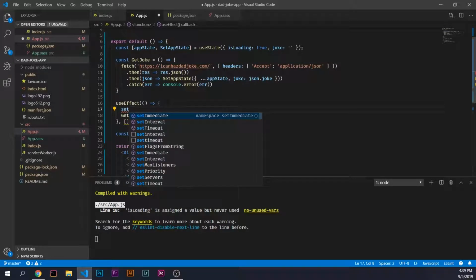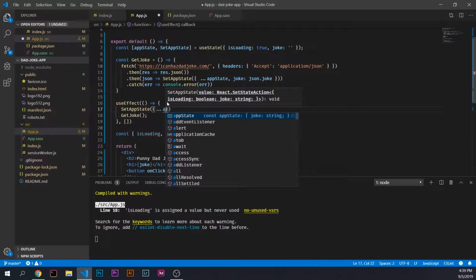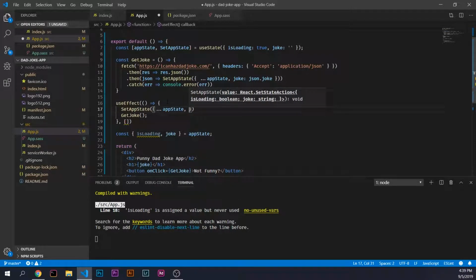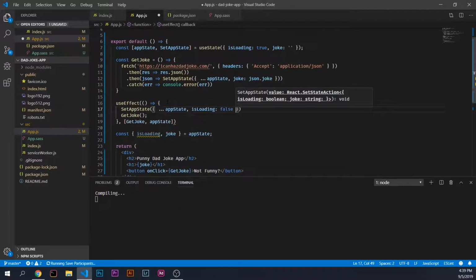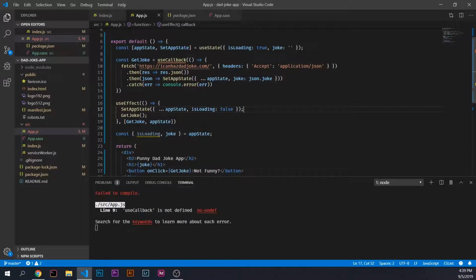So set app state. We're going to do ...app state, so that way we don't change anything we don't want to change. Is loading, and we'll set that to false. So basically we set our state to false so that we know it's not loading, and then we run